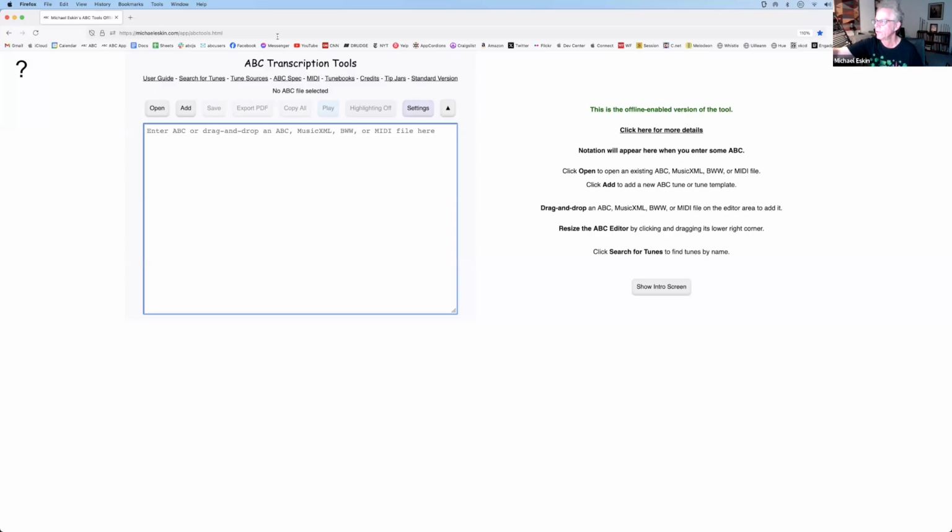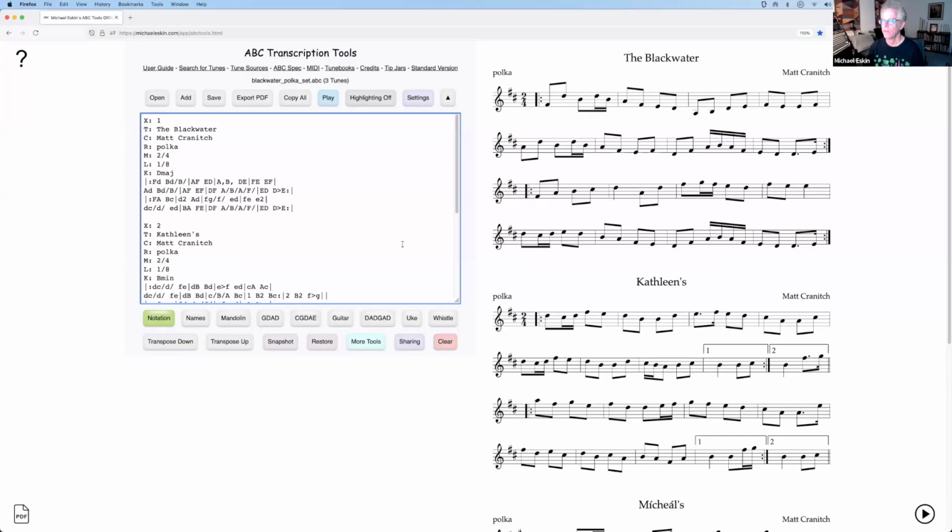The tool runs entirely in the browser. It doesn't try to look like a native app. It's just that, at this point, it's actually been stored in the browser. So anyway, this is the offline version of the tool, and if you notice, it looks exactly the same as the normal version. The only difference